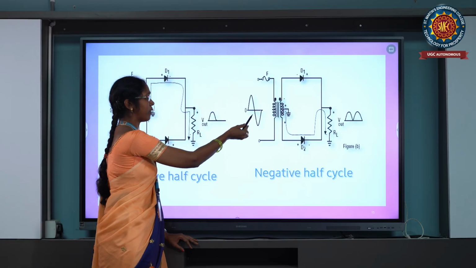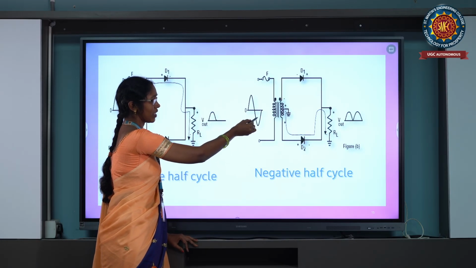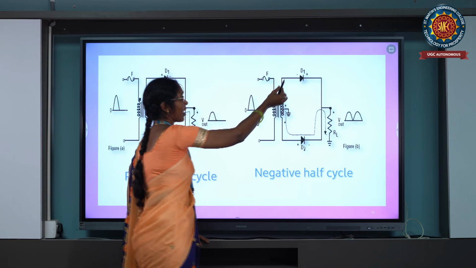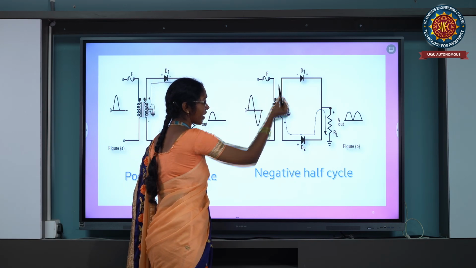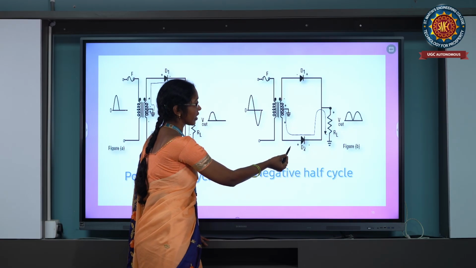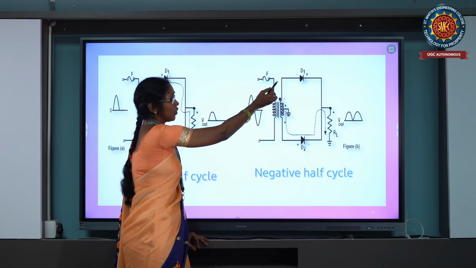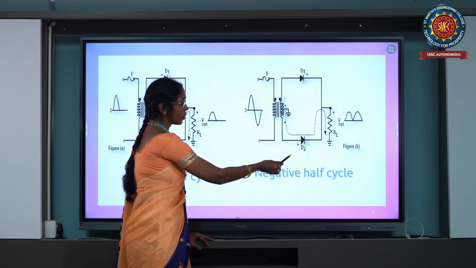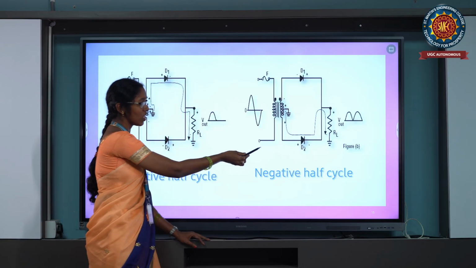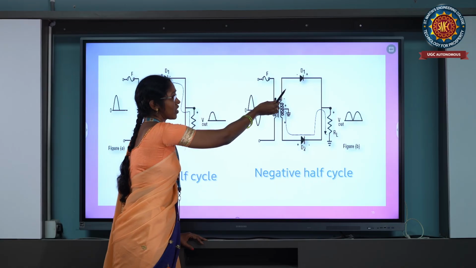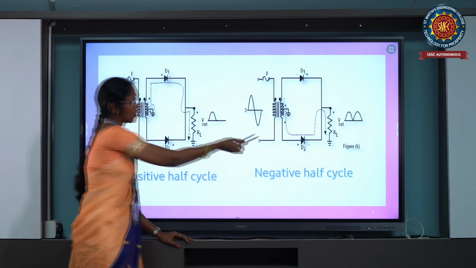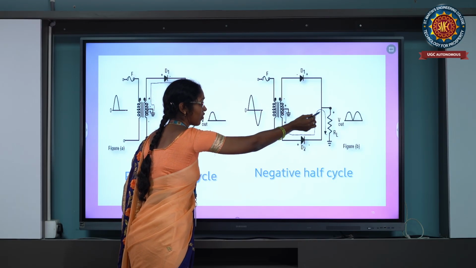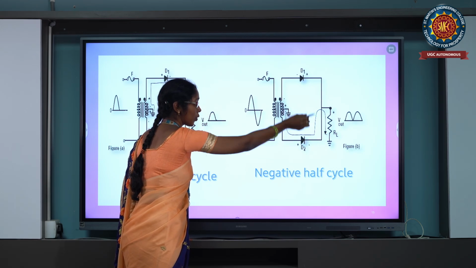Coming to negative half cycle. During the negative half cycle, we are applying a negative AC sinusoidal voltage as an input to the primary winding of the transformer. So at the secondary winding, here we are having a negative voltage and here we are having a positive voltage. Negative voltage at the A terminal, due to that D1 is in reverse bias mode and D2 is in forward bias mode. So forward bias D2 acts as a closed switch and reverse bias diode D1 acts as an open switch. So the current flow starts from the lower half of the secondary winding and through D2 it will flow through the load resistor in up to down direction.